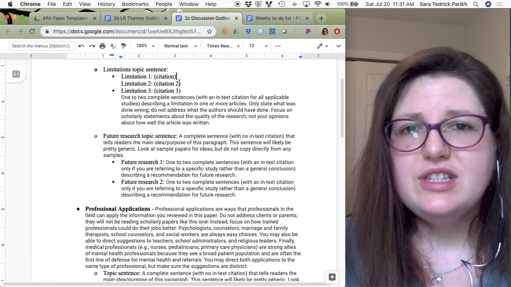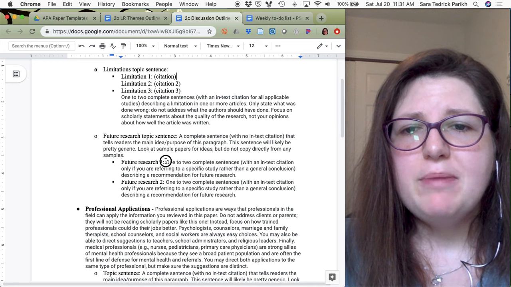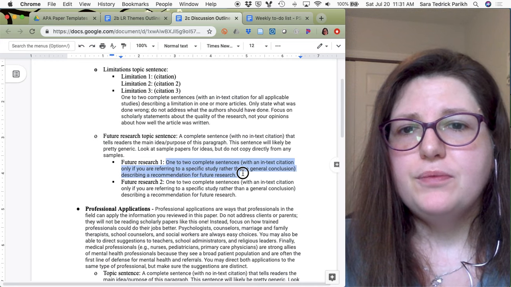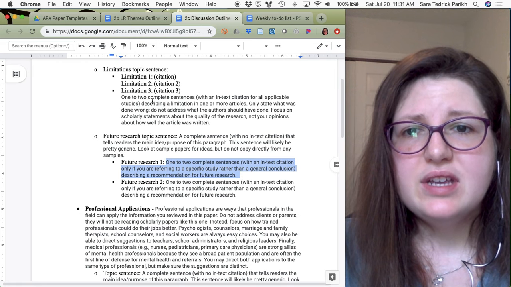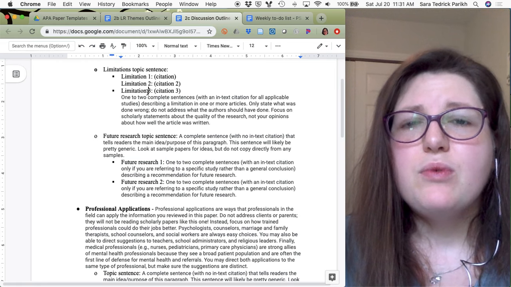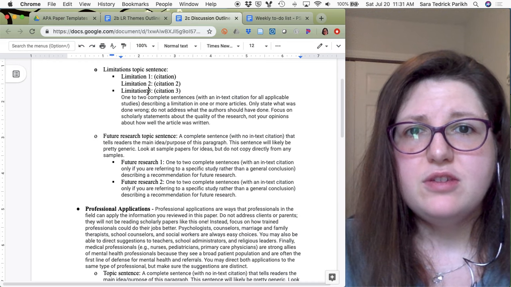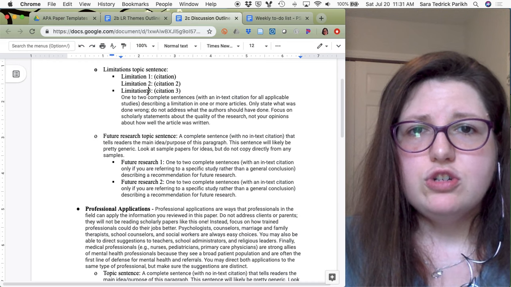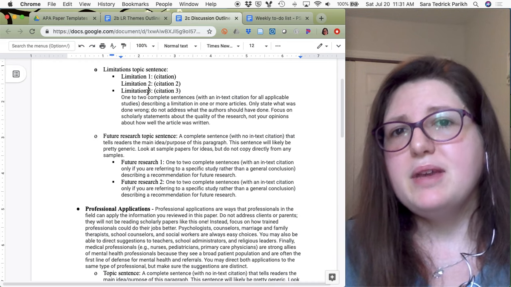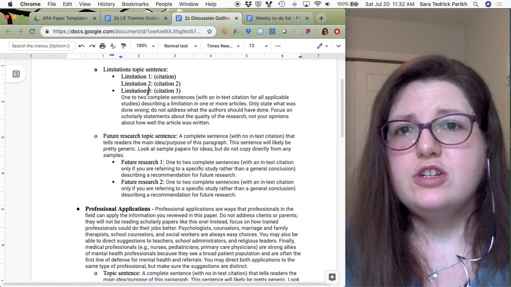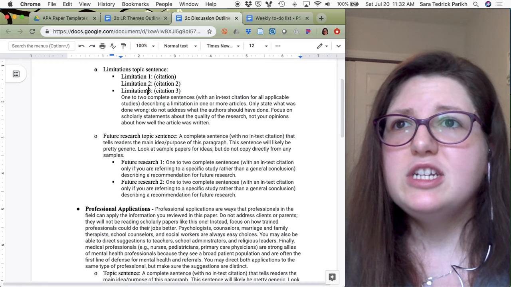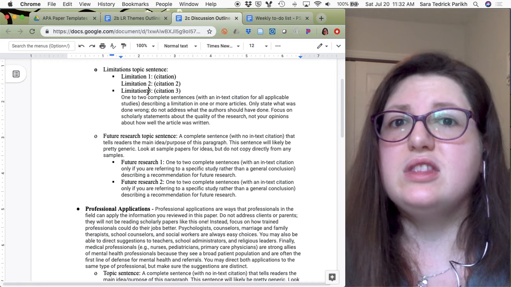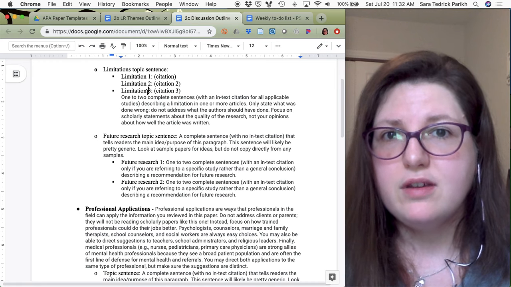But you choose at least 2 of your limitations and talk about what future research can do. If you want to talk about other ideas, just add in limitations. I want to see a match. I want to see that you can identify that future research is building on the limits of current research. So you could add a limitation: none of these studies looked at this potentially interesting variable.